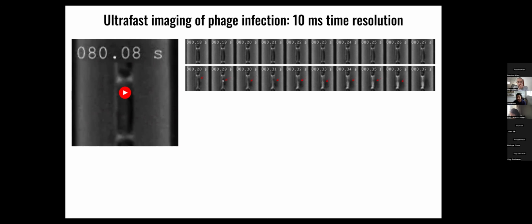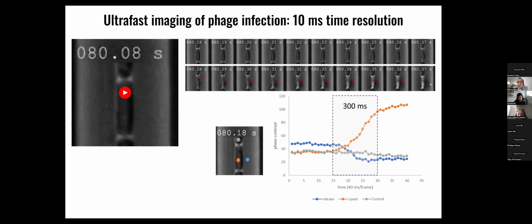You can see this is where the cell pops and releases the phages, almost as a black cloud. And when we quantified the contrast of those two images, we could see that this entire process takes only 300 milliseconds, at least for this virus, which suggests why we couldn't see them even at a 1 second time resolution. But now we have a really nice way to see exactly what is happening, like the mechanical processes involved. We could probably dig deeper into this step as well.